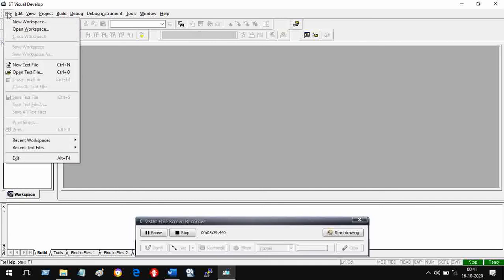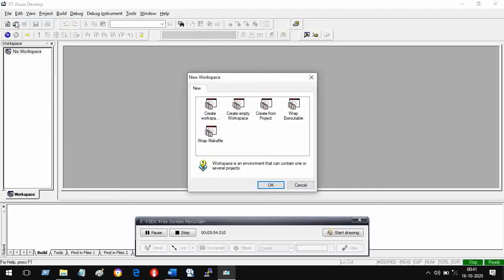So you go to File, you want to start a new workspace. You need a workspace in which you put a project, and then inside the project you have so many files and all that. So you go for new workspace. Then there is a dialog box which says create workspace and project, or create empty workspace, or create from project.